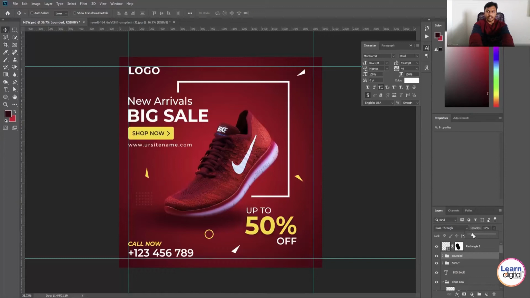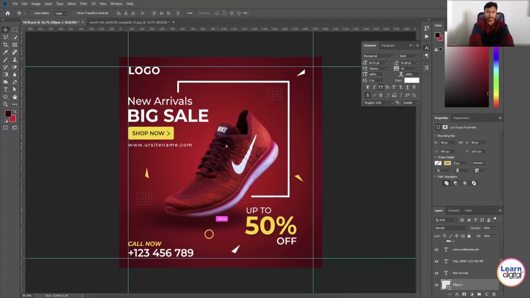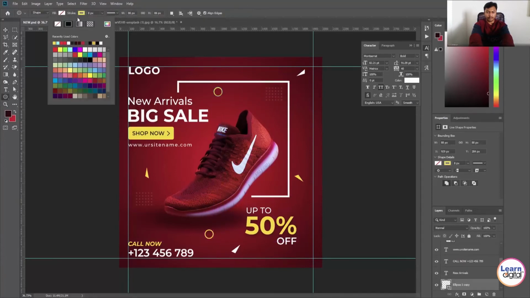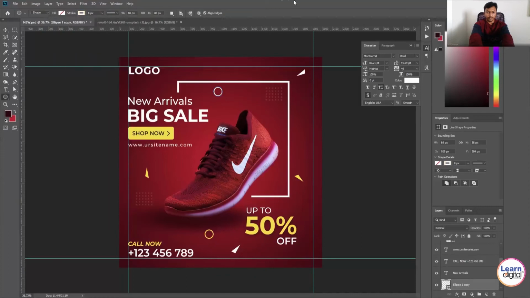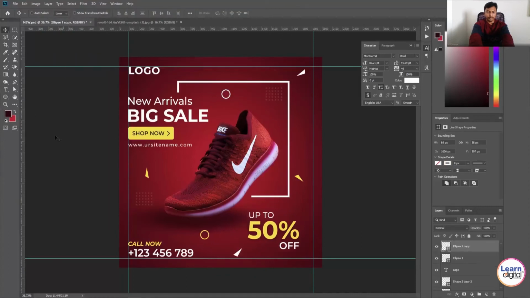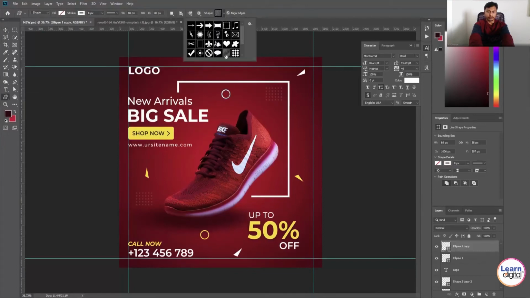I decreased the opacity of the layer so it can blend with the background color. Here I'm using a few custom shapes.